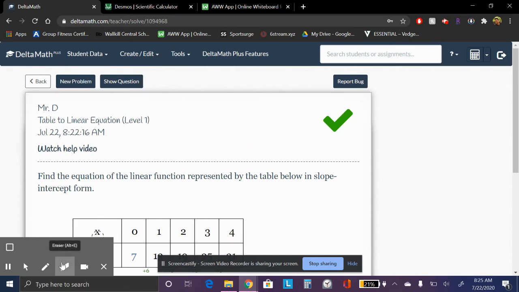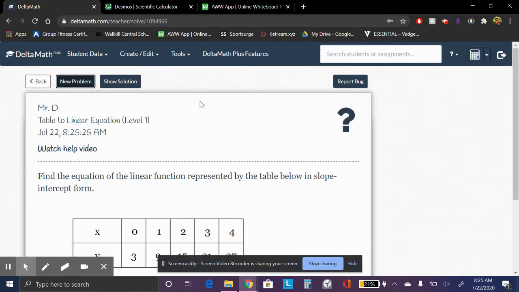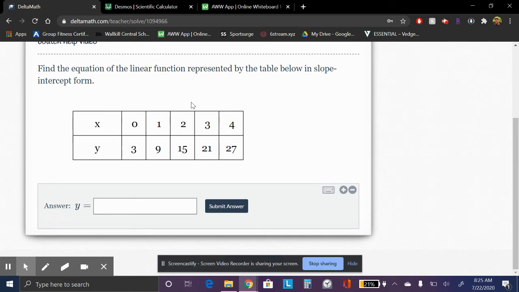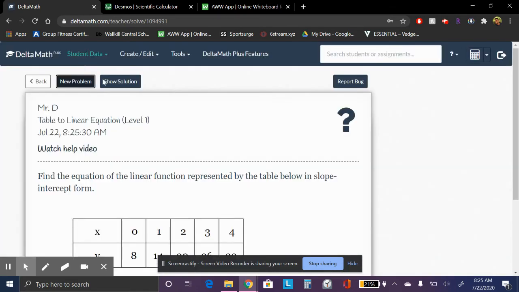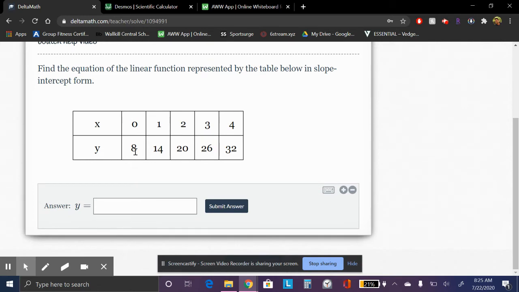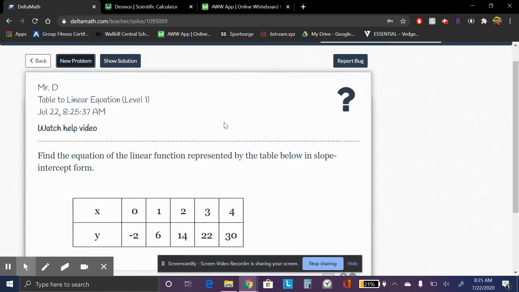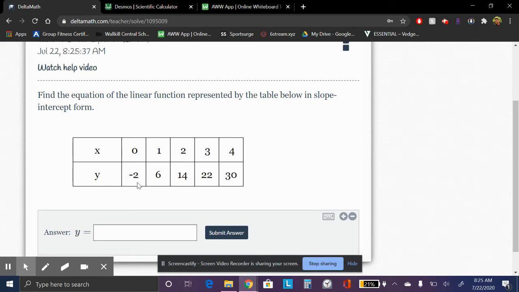All right. Let's look at a new one. Let's look at this one right here. This one goes up. Now, if you can't tell from the negative to here, just look at the next one, 6 to 14. 6 goes up 8 to get to 14. Goes up 8 to get to 22. Goes up 8. So these right here are going up 8